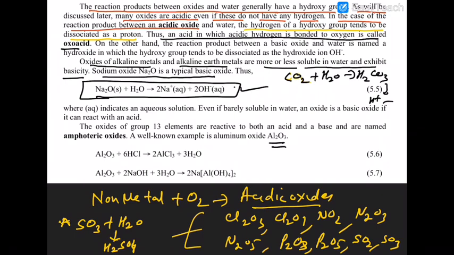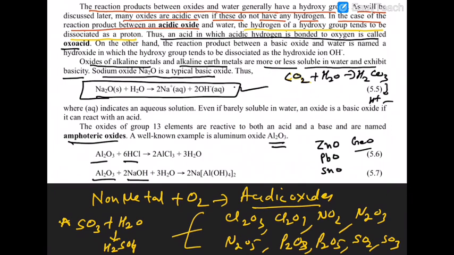These are very, very important. I am repeating once more: oxides of zinc, oxides of lead, oxides of tin, oxides of germanium are typical amphoteric oxides. Al2O3 is one such example also. These substances react with both acid as well as with bases. So an oxide which can react with both acid and base is called amphoteric.